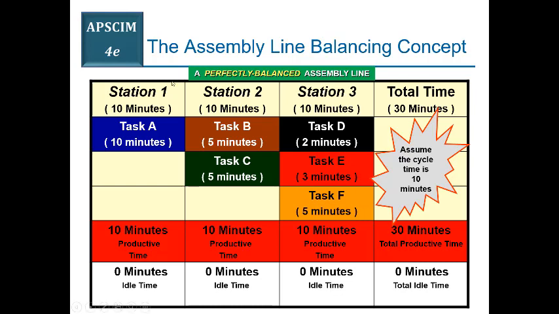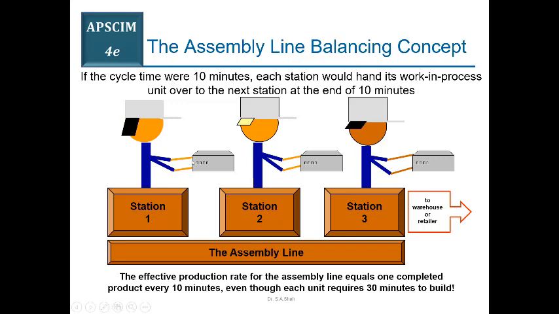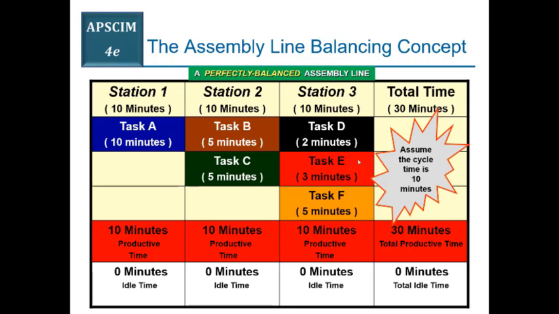So for example, in the same example we discussed, there are 3 workstations, and let us say the total cycle time of that system is 10 minutes. This means that each workstation will have 10 minutes to complete its task. Suppose you have multiple tasks from task A to task F, okay, so let us say you have 6 operations in total, A, B, C, D, E, F, and you have 3 stations. So you will have to assign those operations to